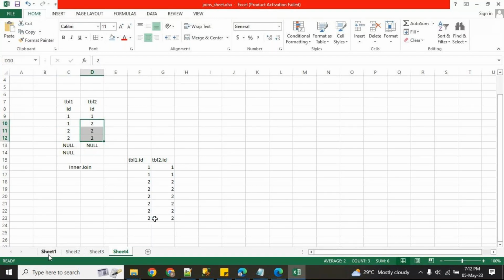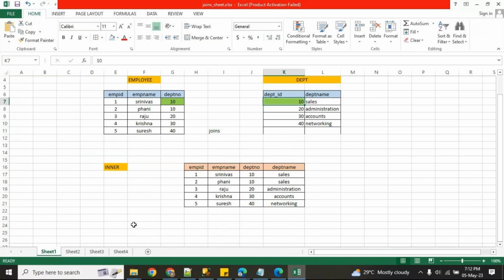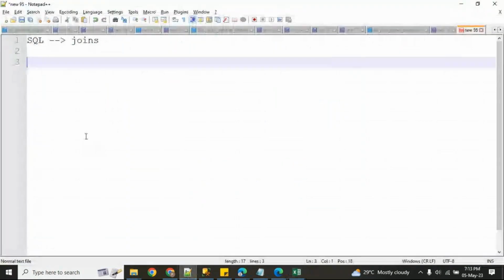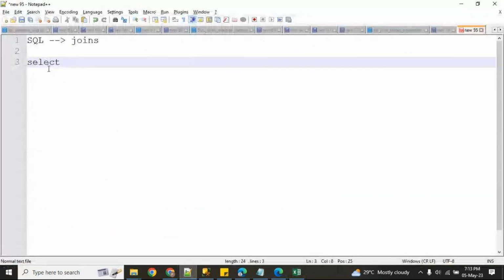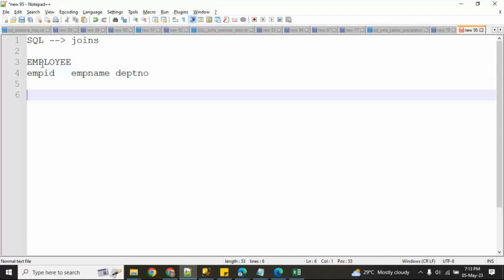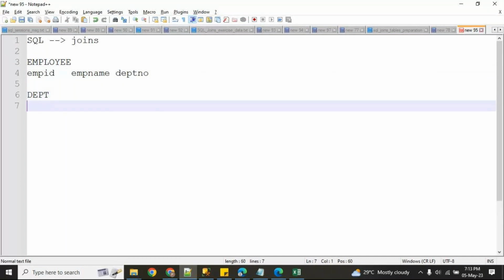Now, coming to left join. When you do left join, the query will be like this. This is the employee table, and this is the DEPT table.